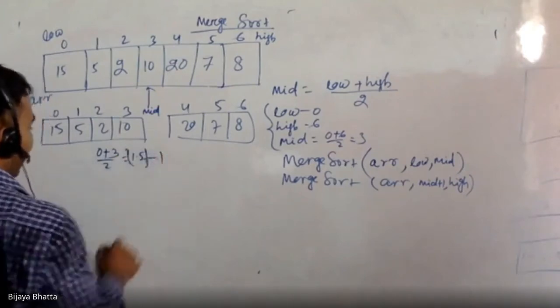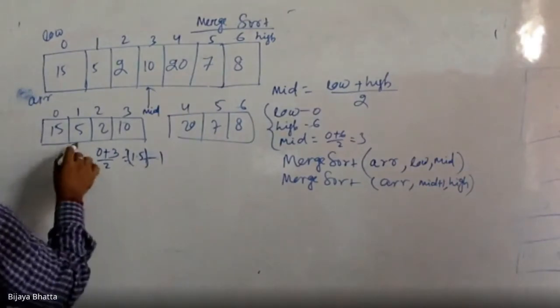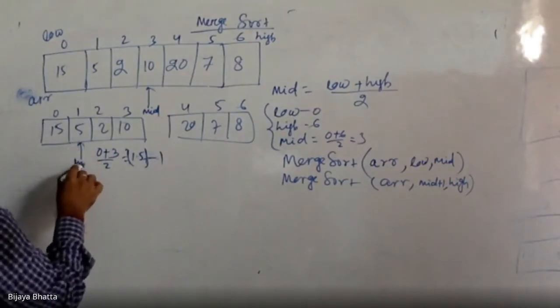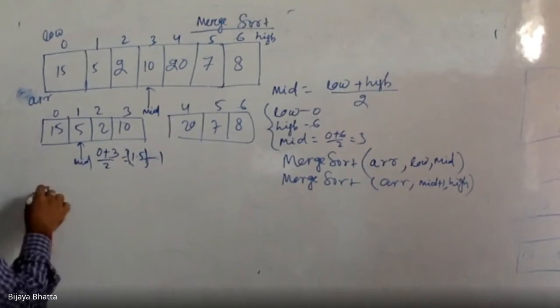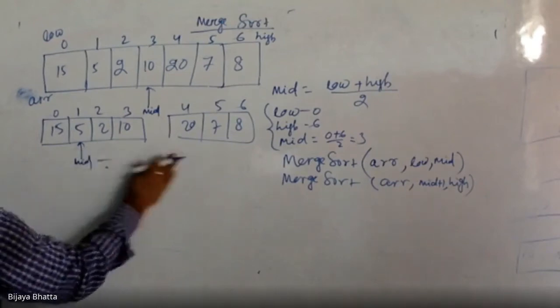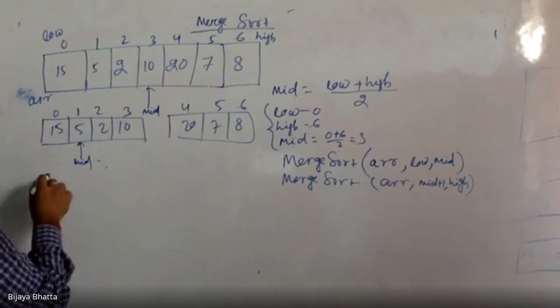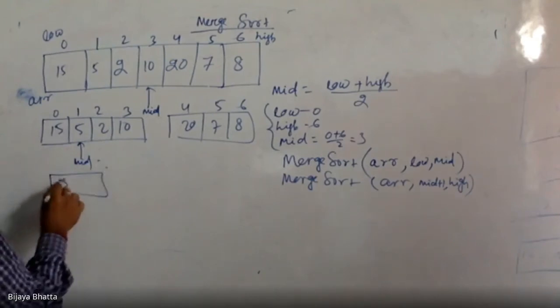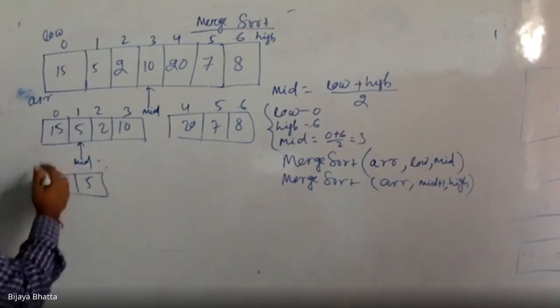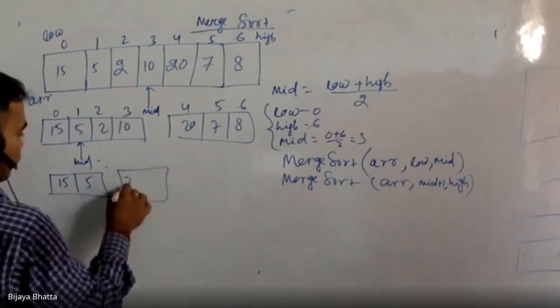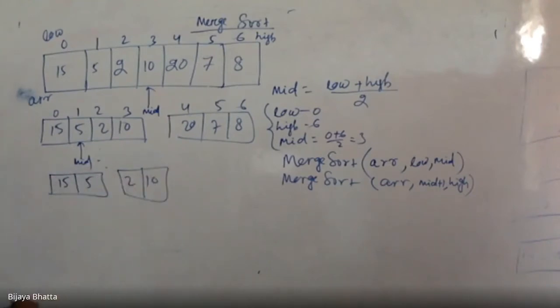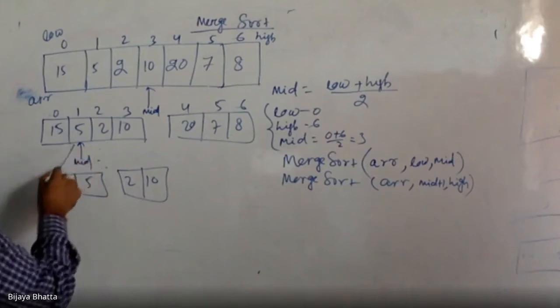So you can take 1, right? So that means this index you can treat as mid. Okay, so now how will your array look? Once you divide, you again find the mid. So it is this one. Then what you can do? 15 5 as your lower part and 2 10 as your right part, right? So this is how the division has happened.